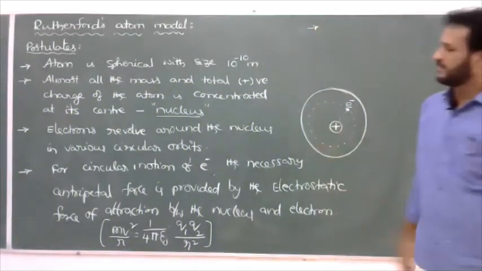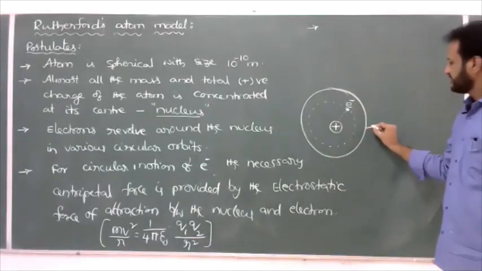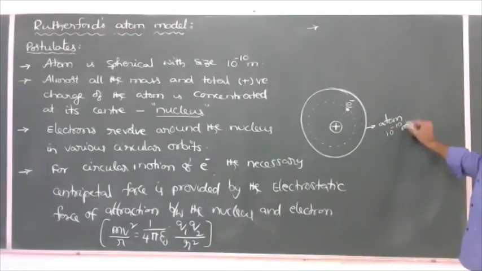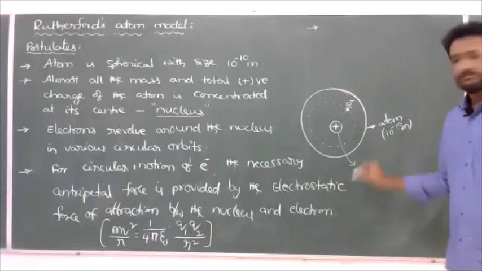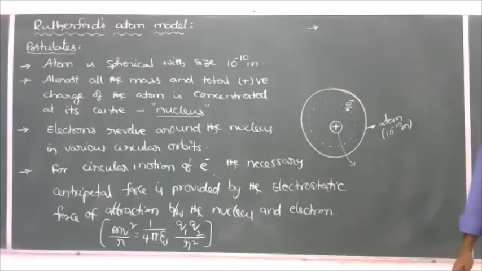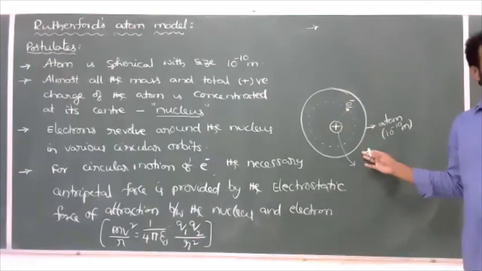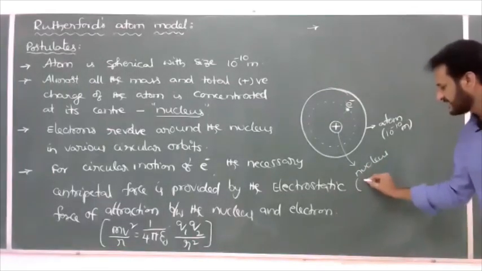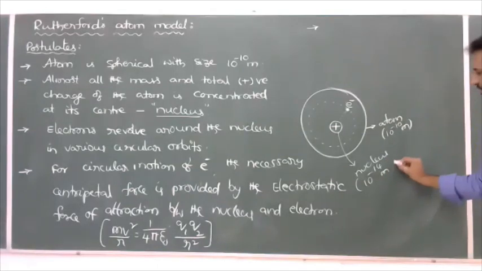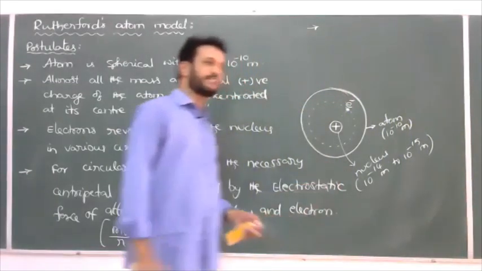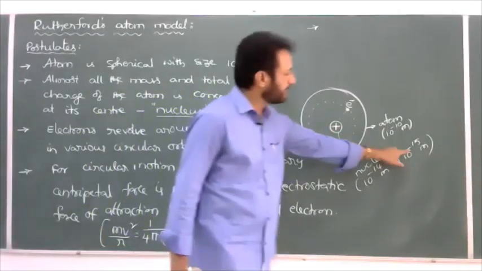And one more thing we have to remember, it is an atom. The size of the atom we are already given, 10 to the power of minus 10 meter. And the nucleus is very small, because most of the atom is empty. The nucleus is nearly 10,000 to 1 lakh times smaller compared to the atom. It is a nucleus with the size 10 to the power of minus 14 meter to 10 to the power of minus 15 meter. So check here, if you compare both, the nucleus is very small compared to the atom.